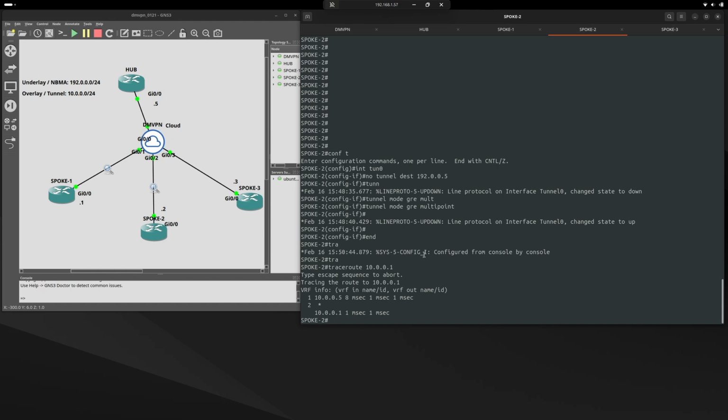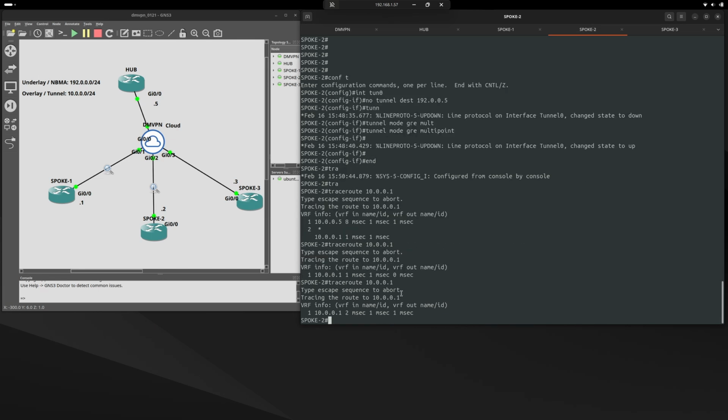As you can see, the first packet goes through the hub. But if I issue the command again and again, any subsequent packet goes directly to spoke 1 without going through the hub router,